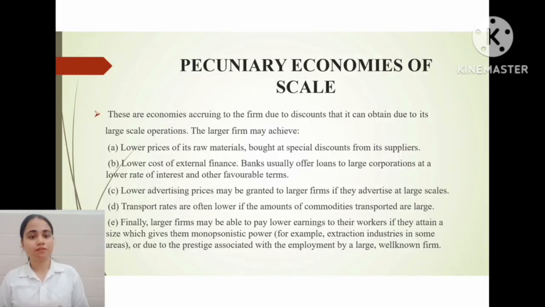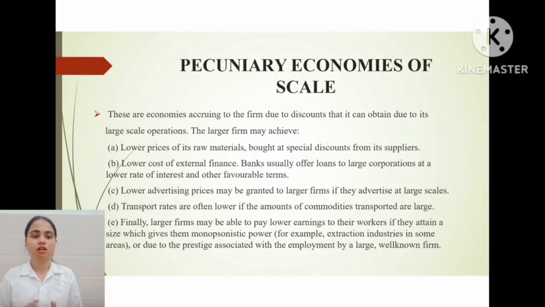Lower cost of external finance. Banks usually offer loans to large corporations at lower rates of interest and other favorable terms. Lower advertising prices may be granted to large firms if they advertise on a large scale. Transport rates are often lower if the amount of commodities transported is large. If the bulk of supplies or the bulk of product goes in one round of transport, it can